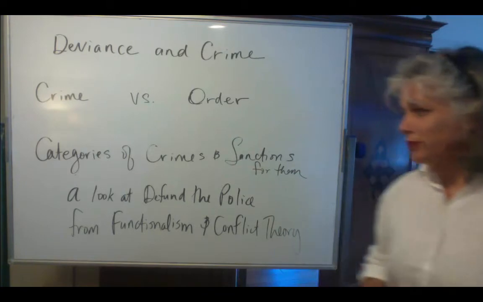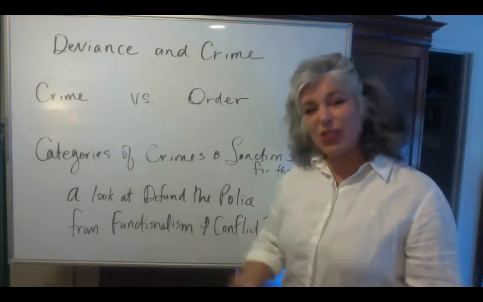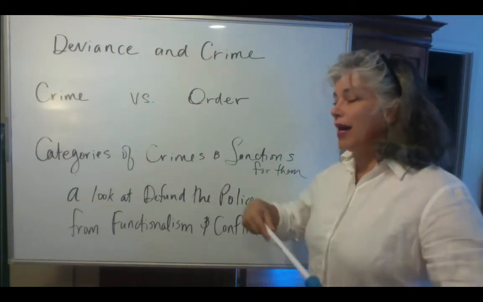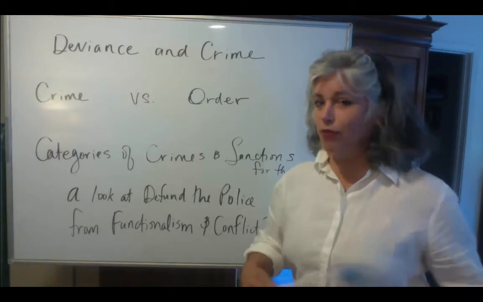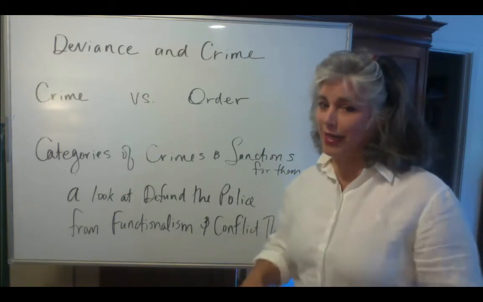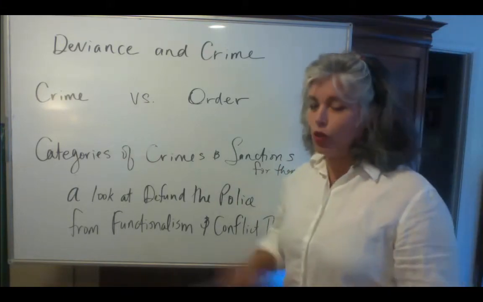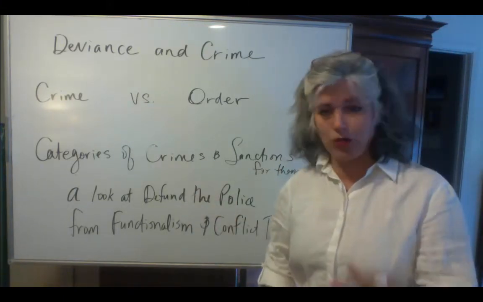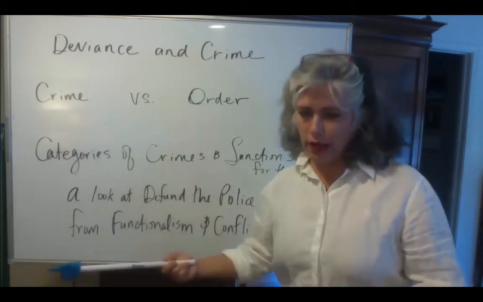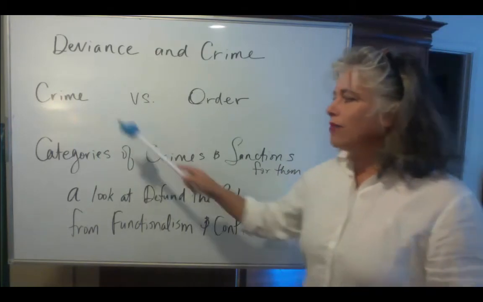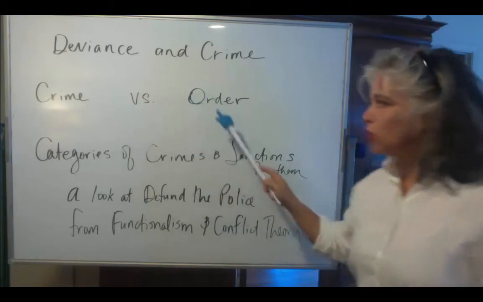Okay, so we're going to look at crime, which represents disorder. It represents a type of deviance that goes against the law, which is, of course, laws are a type of norm, remember, so any behavior that goes against norms in a society is considered deviance. So specifically, crimes go against laws, which are that third type of deviance, and that is considered to be disorderly for society. So you have shows on TV called Law and Order, for instance, crime versus order.